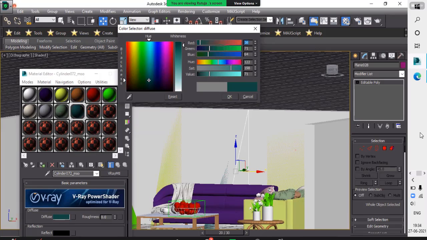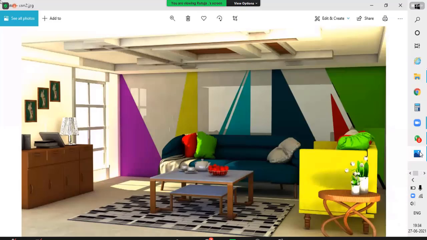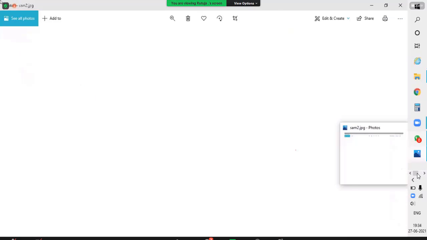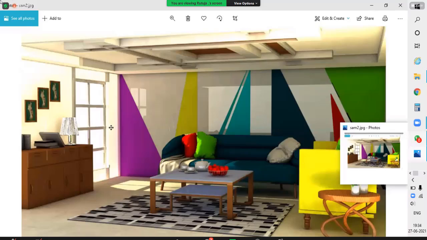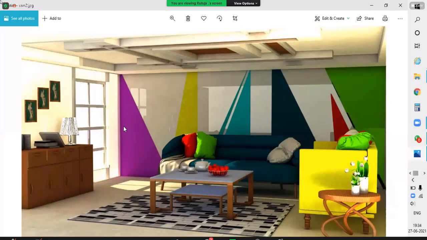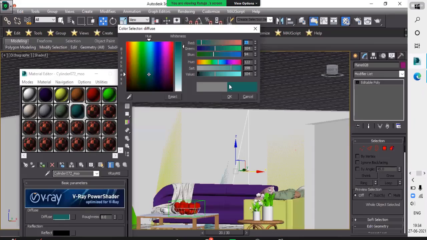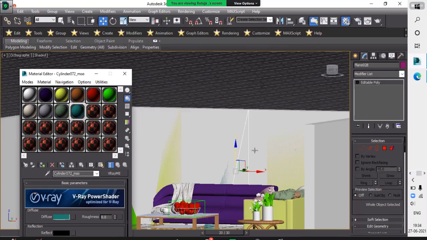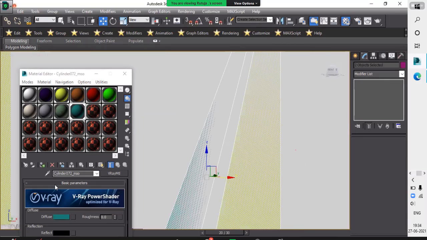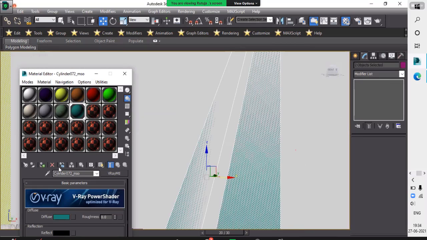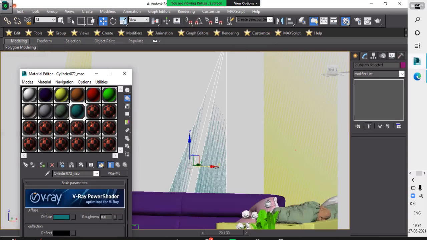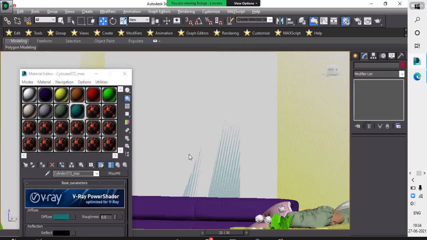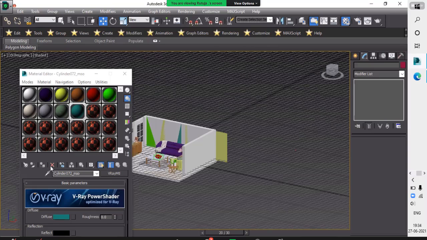I think this is that color. Yeah, like that. Select both the planes. Yeah, it's done. If you see there, the color will be here.